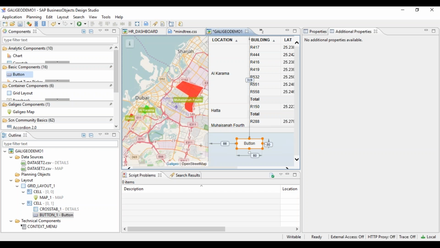On the click of that button, you call that planning function, so everything is done in the backend only. The result of the planning function you will see on the dashboard. Either you are loading data in the backend, or the planning function can be used for what-if scenarios. The end user sees his dashboard and wants to know, if I increase my sales by 5%, what happens to my revenue?